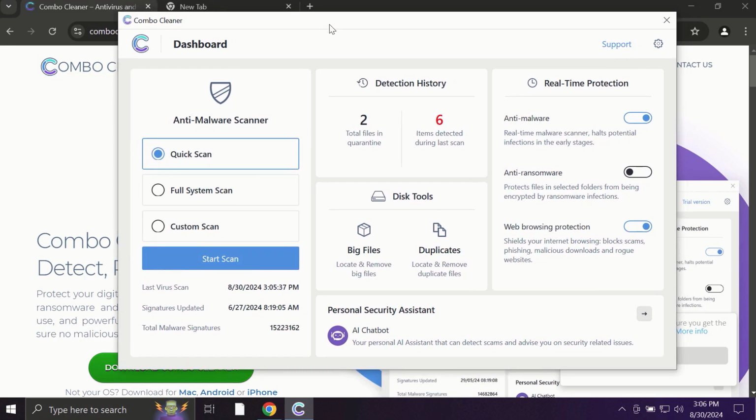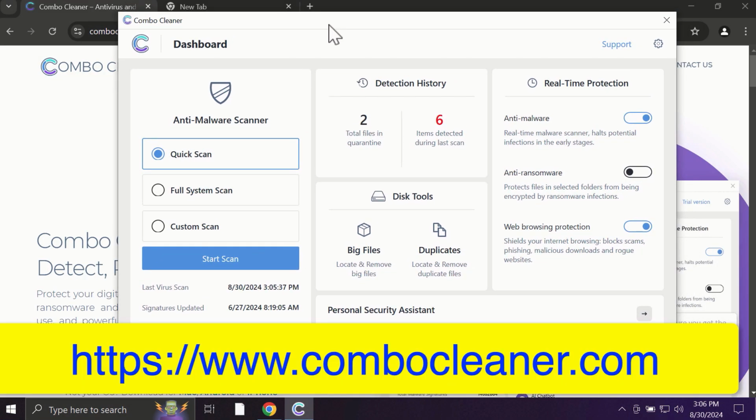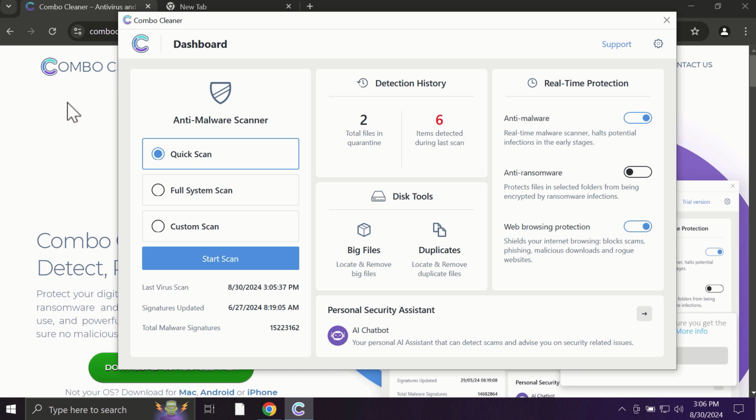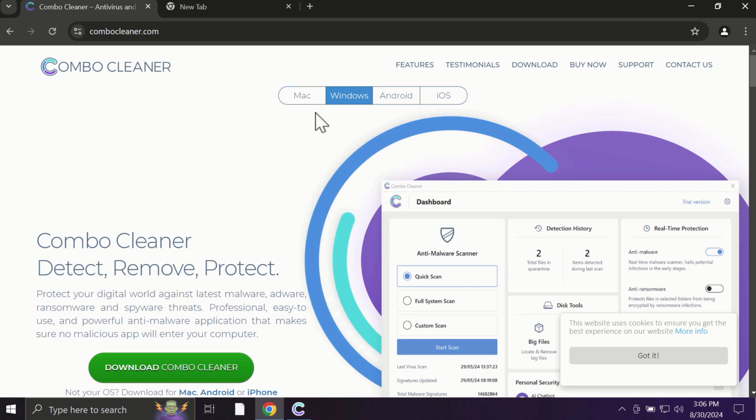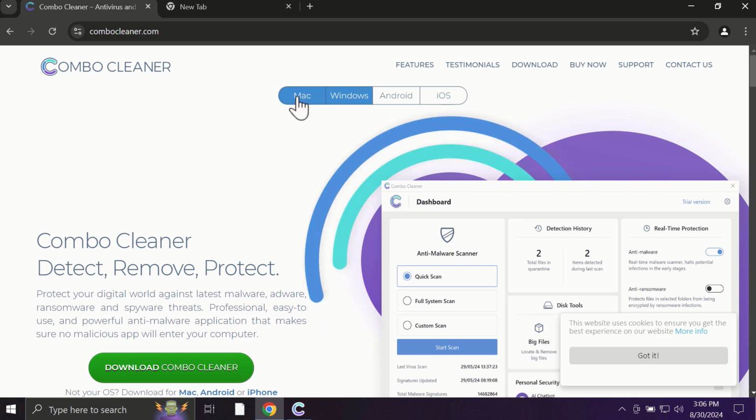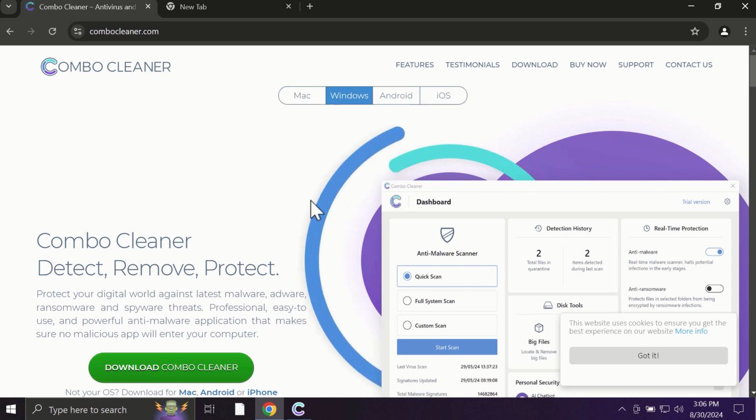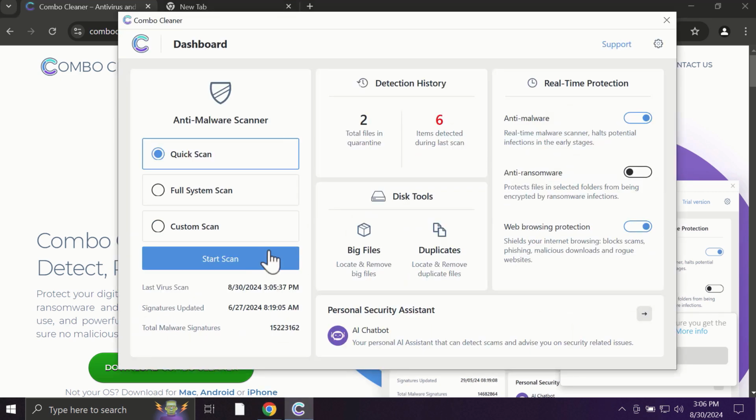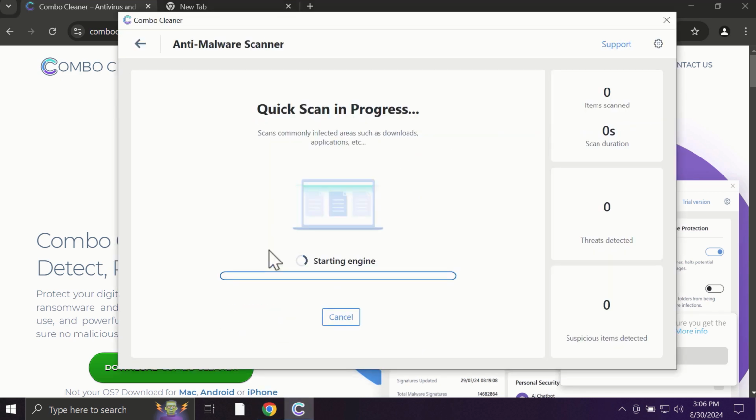After you start Combo Cleaner, the application will most likely first of all update its anti-malware database, which is truly essential for proper detection and removal of all possible threats that could be on your computer. Pay attention to the fact that Combo Cleaner is available for all popular operating systems: Mac, Windows, Android, and iOS. So after you click on the Start Scan button, the antivirus database will be updated first of all, and then